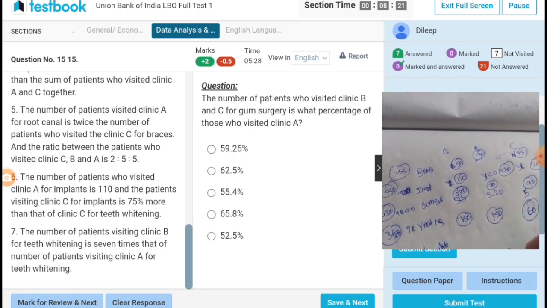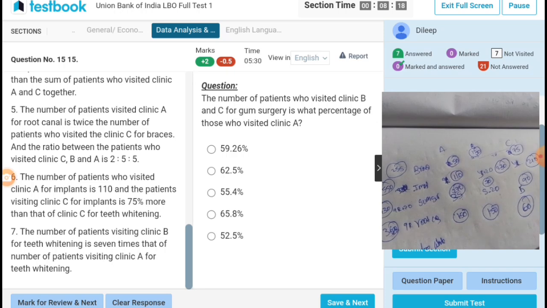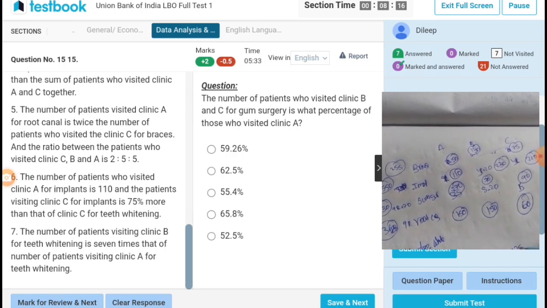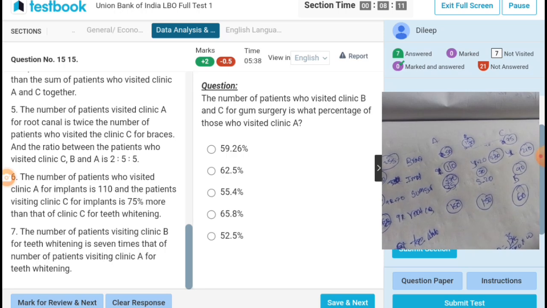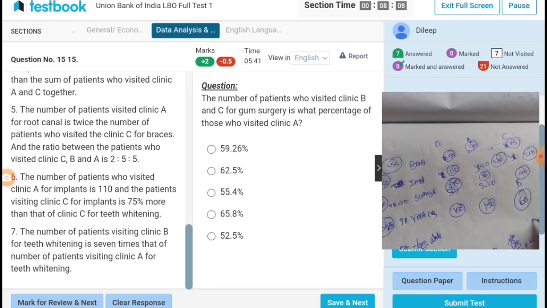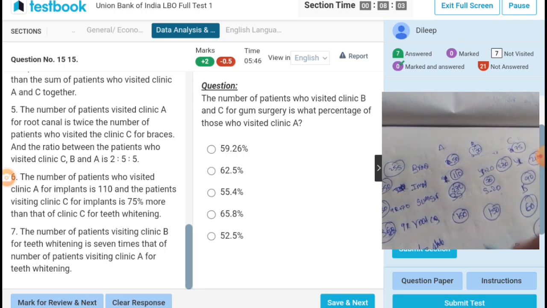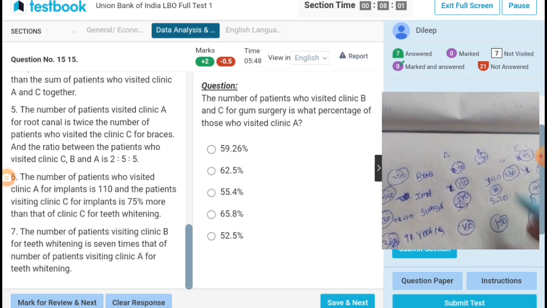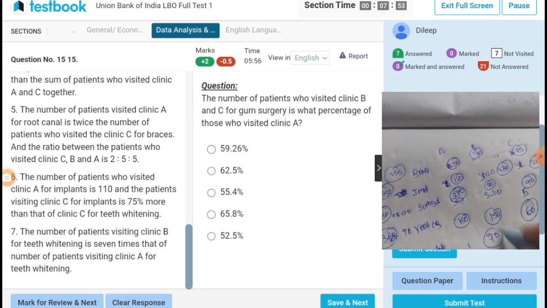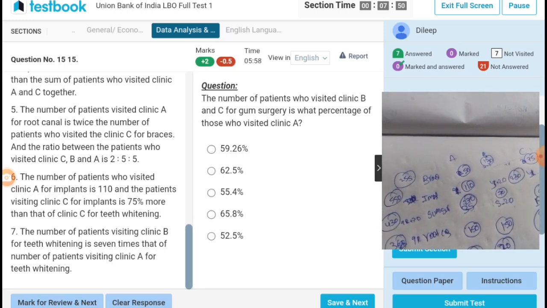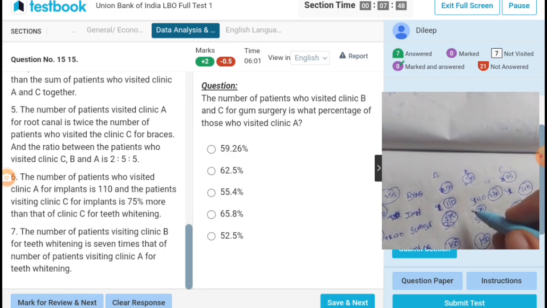Clinic C implants is 175. Whitening 120. The number of people visiting in clinic B for teeth whitening 7 times of the 70 and 80. Okay. The number of patients who visited clinic B and C gum surgery,